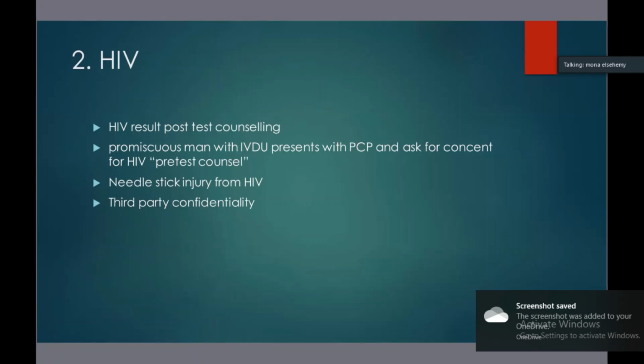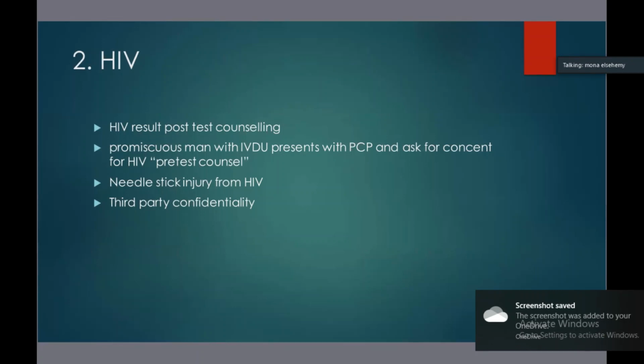And then assure the patient that you are going to refer him to the infection disease control clinic to start treatment for HIV and prophylaxis for hepatitis C, and check if he is vaccinated or not. This is very important. And then you assure him that you are going to follow him up and check what is going to happen. Okay.